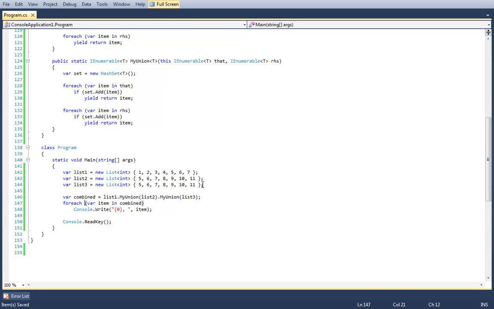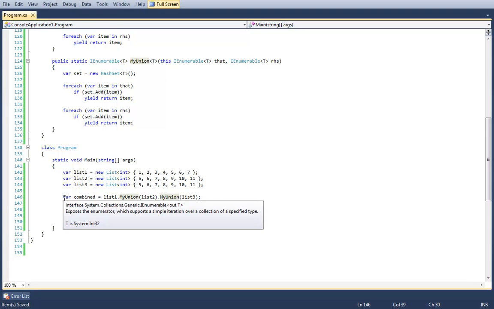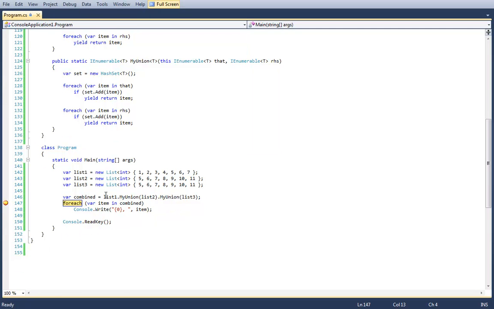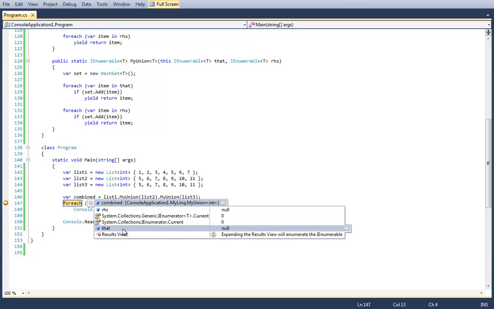I do want to also point out something interesting about how iterator blocks work. The hash set that is instantiated on this last myUnion is tied as a field to the combined object. In fact, if IntelliSense isn't smart enough, I should be able to look at it.